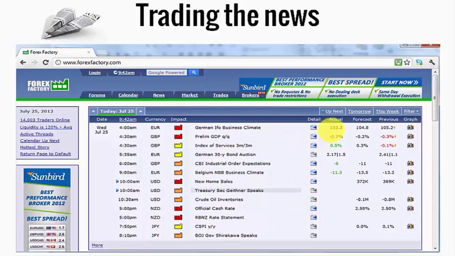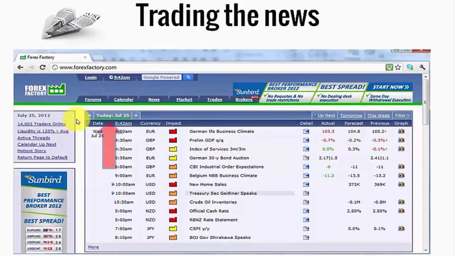Then importantly, we've got a chart if you want to see it, but the main thing I'm looking for is this: what is the forecast and what is the actual? The forecast is extremely important because it's the difference between the actual and the forecast that generally determines the impact on prices.